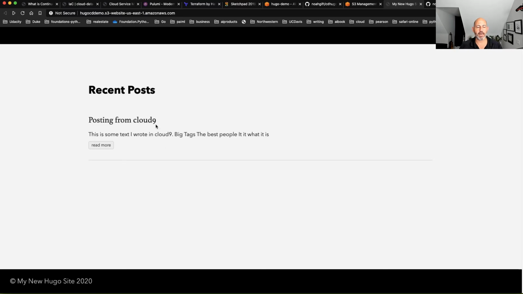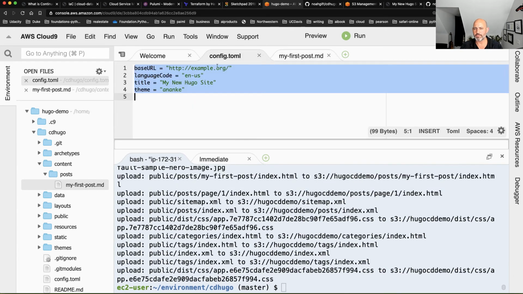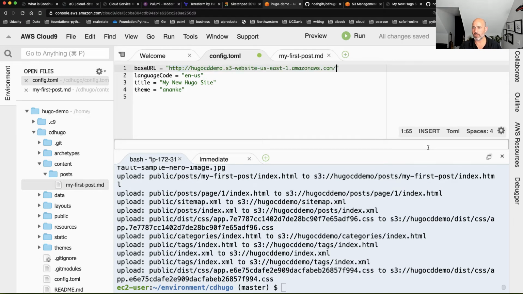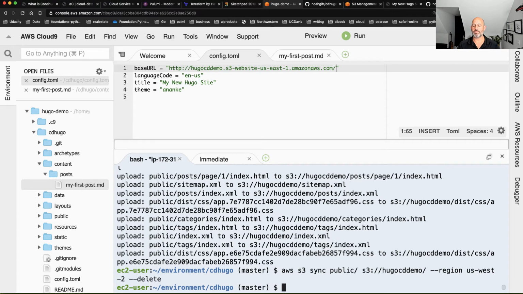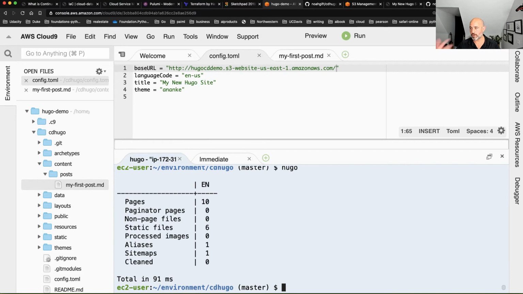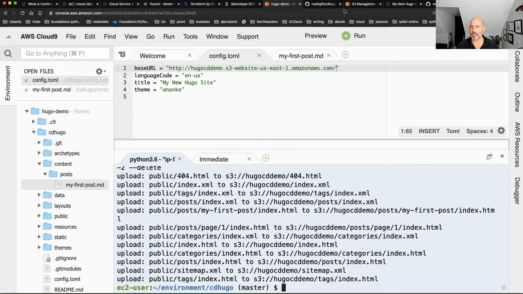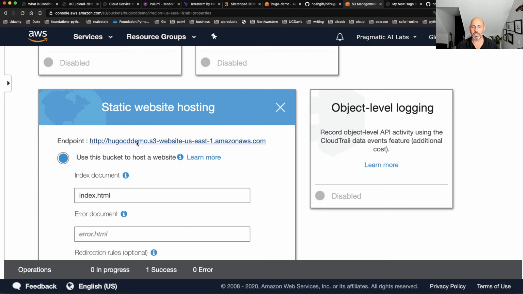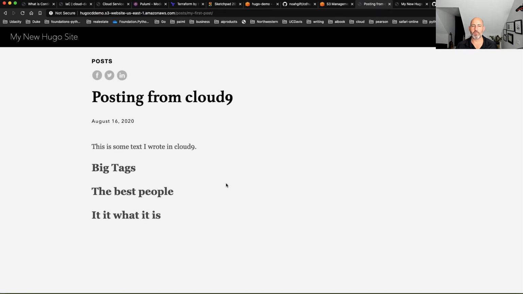I think it's because I need to put this URL into the Hugo config because it needs to know what its root domain is. And so you just say base URL like that, and this will put it in there, right? So this just says, hey, this is where my website lives. If I rerun it, I think that will fix that. Oh, I have to type Hugo again, generate the files, and then sync it up. Let's see if that works. And if I go back here, and again, we still got the stuff here. There we go. So now it works, right? Because I put the base URL.